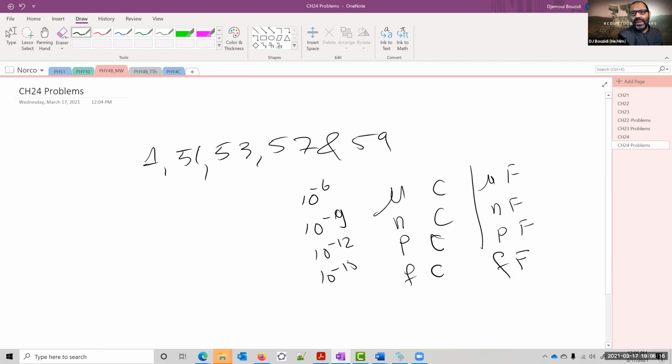Which is 10 to the -15, okay? Because these things are very small. Having 1 coulomb of charge is too much. That's why you don't deal with that much. You don't run in the street with 1 coulomb. You can't. It's too much of a charge. So that's why this unit's in there.